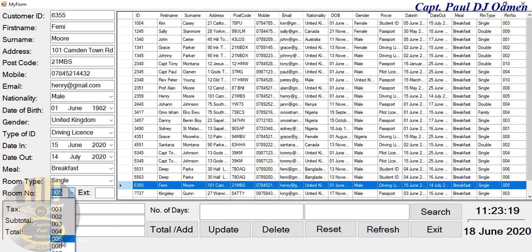You see, when I select this, I would like you to just give me the room number, or the extension number to the room. I would like to do that as well, and I will also take care of the calculation for tag, subtotal, and total. So I'm going to exit out